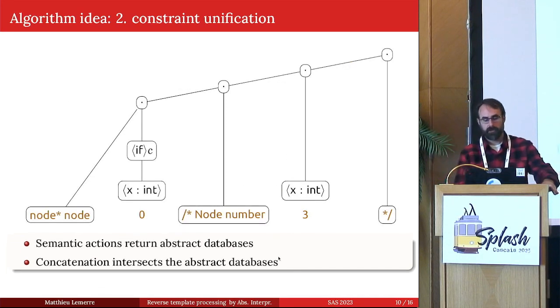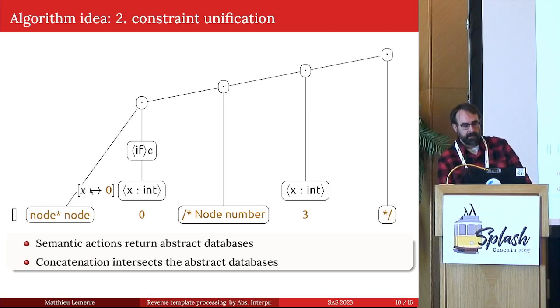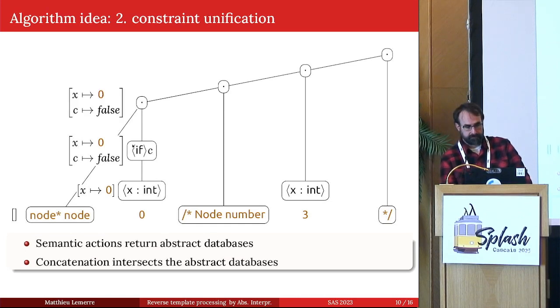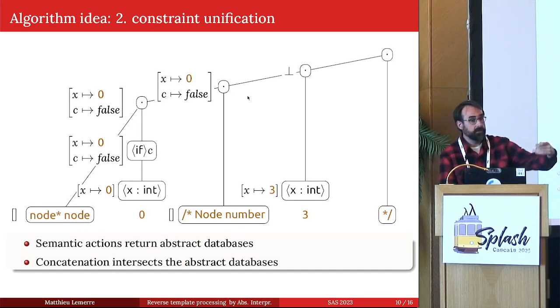Now we try with the other parse tree. This was the case where we output an integer. So now we have the constraint that X here must be 0. Here the condition is now false, because it's the other branch. Okay, we continue. Up to here, we have propagated this input. And here, we output X again, but this time with value 3. So when we try to unify the two constraints, we have X equals 0, X equals 3. It's not possible, so we return bottom. And this means that we will discard this parse tree as a possible parse tree that can output the data.